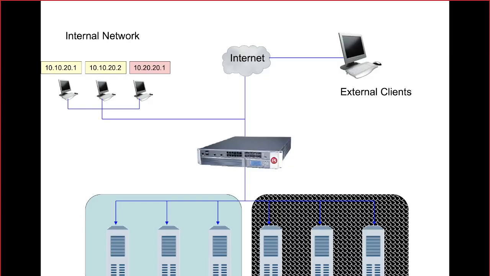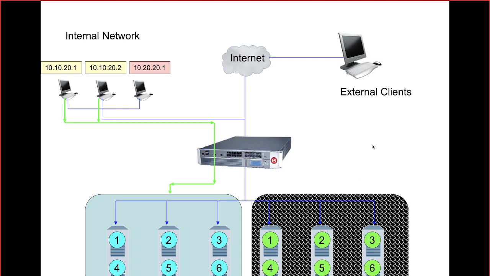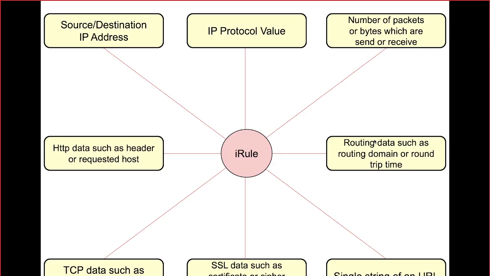See this? Internal network, we have a condition. We have pool training and we also have pool production, right? Now the internal network will be redirected to pool training, whereas we have separate addresses, 10.10, 20.1 and 20.2. That request needs to be forwarded to training. 10.20.20.1, if the request is coming from that IP, it has to be forwarded to production. In the same way, external clients should also be connected to production only, not to training. Now, how do you do this?